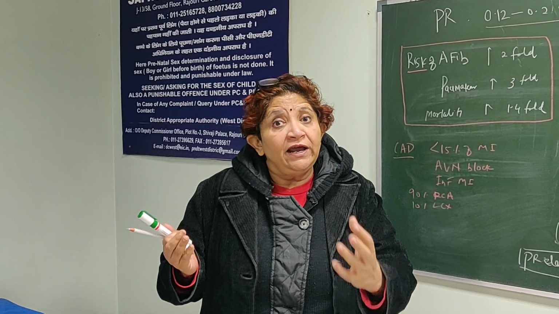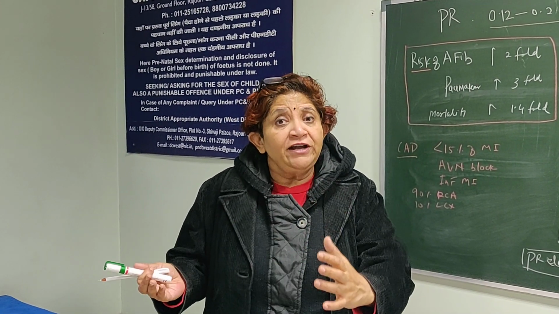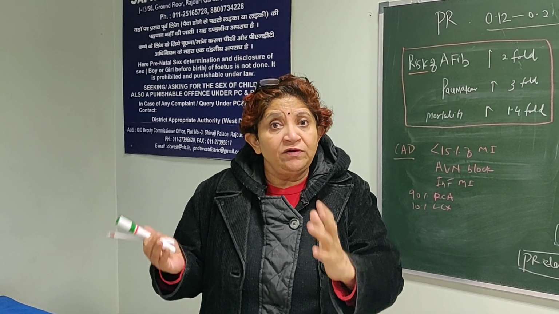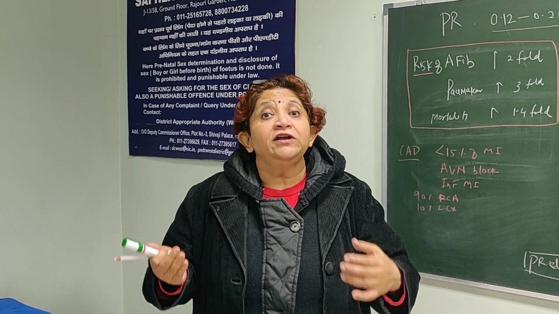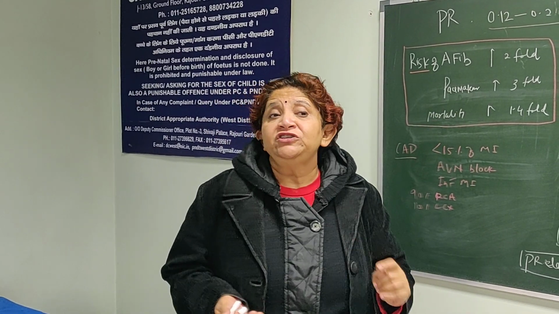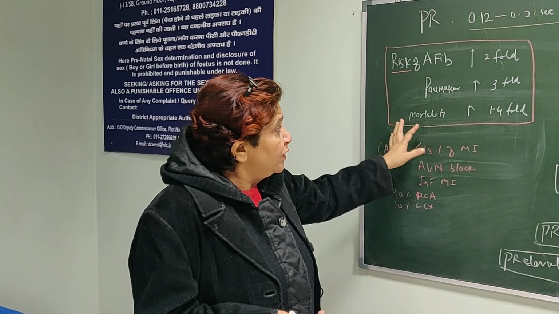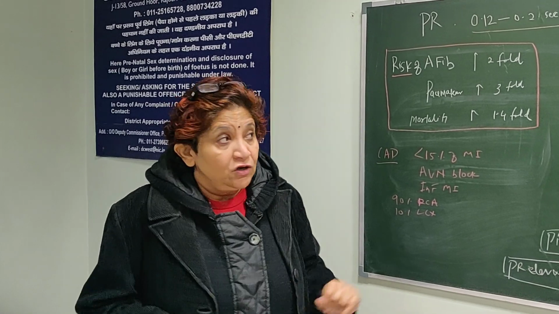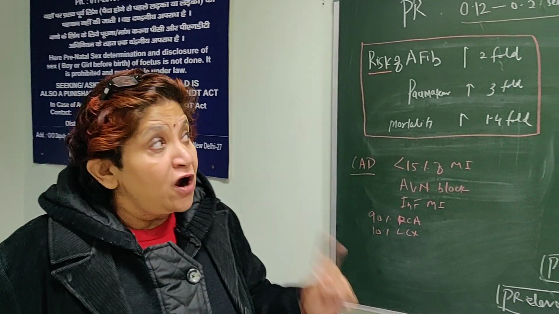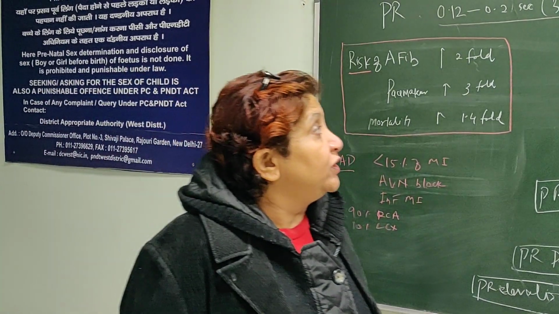So if the delay occurs in the his Purkinje system, then such kind of AV block or first degree AV block is likely to progress to higher grade AV block or complete heart block. Then in such cases you will be requiring pacemaker. So pacemaker implantation in the case of first degree AV block is increased by 3-fold and overall mortality is increased by 1.4-fold. So it is a benign but not a truly benign condition.